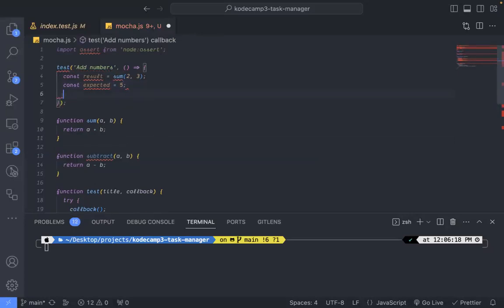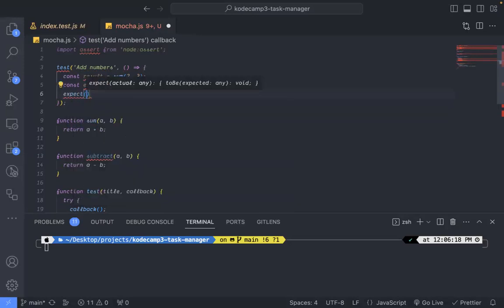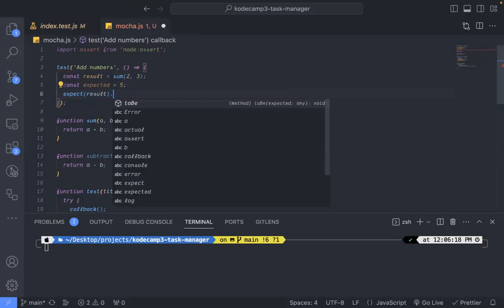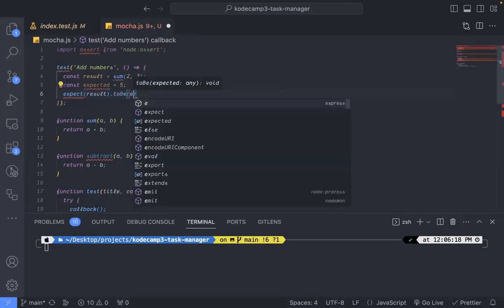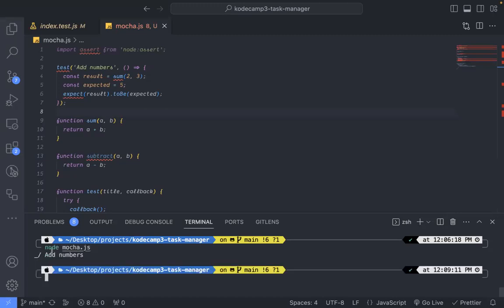So what do we want to do? We want to test. Say expect result to be expected, like this. So let's run our file. Let's run node mocha.js, add numbers, and our test is passing. Because as you can see this mark, I don't know how to make this more interesting. Add numbers is passing. Okay, let's copy this,